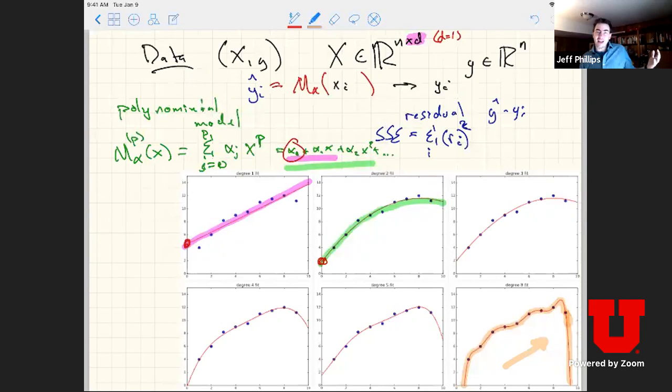But this model says, well, once you get past the end of my data, it's probably going down to zero. It's an even degree polynomial, which means if it starts at a negative value, it has to end at a negative value, whereas an odd one starts negative and ends positive. So this is an eighth degree polynomial. It has to do this, but it managed to go through every single one of these data points. So this seems great as a fit onto the data, but it's probably overfit, okay?